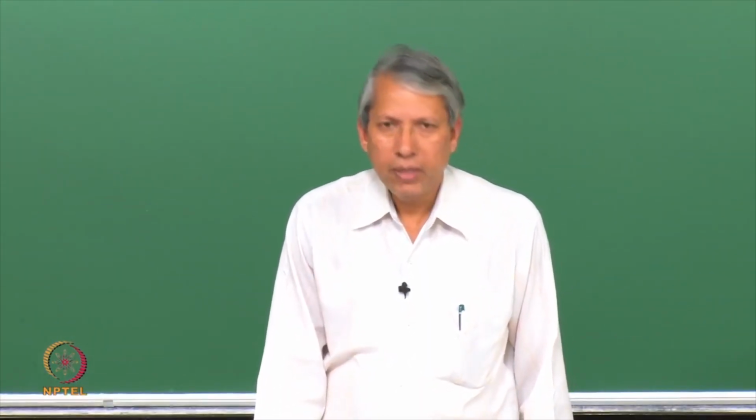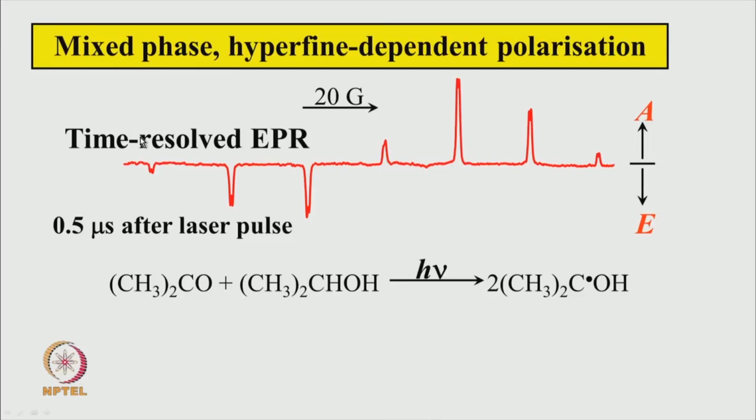Now, we are going to discuss and learn the mixed phase hyperfine dependent polarization. The example of that is shown here in the slide. This is the familiar acetone isopropanol experiment. In the presence of UV light, it produces the identical pair of radicals, and if the experiment is done in the direct detection mode, the time resolved EPR spectrum after 0.5 microsecond shows this pattern. The low field lines are emissive, high field lines are absorptive,